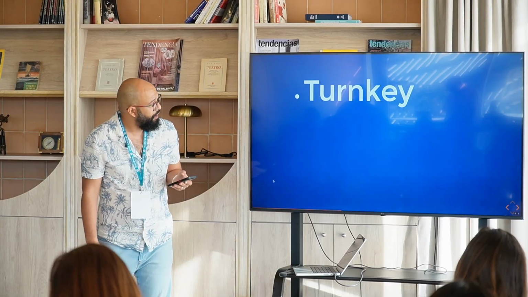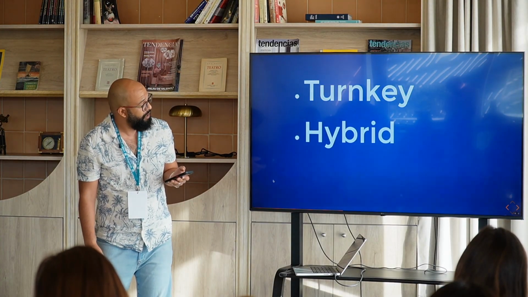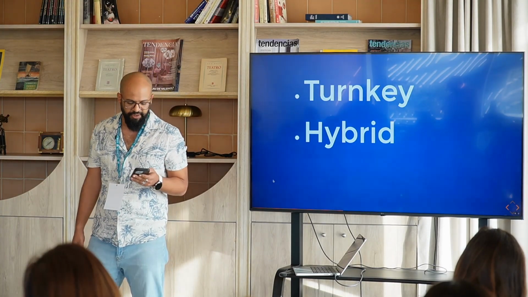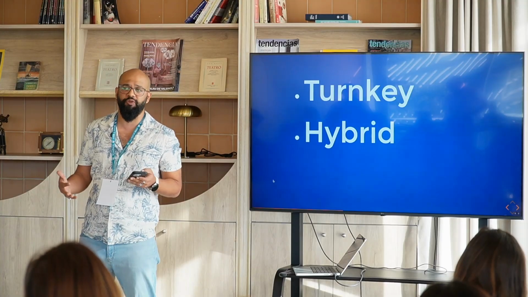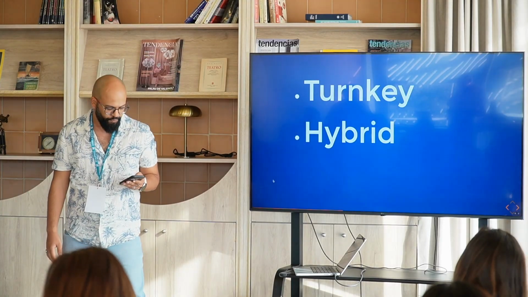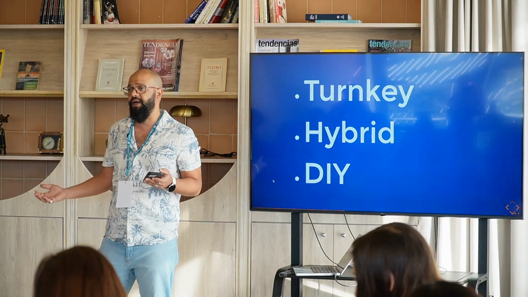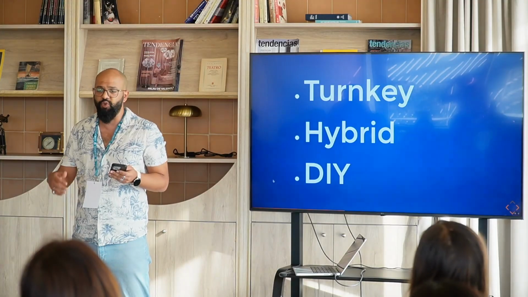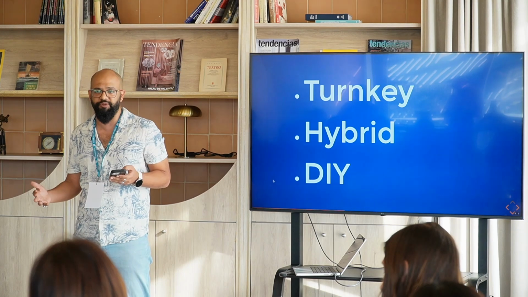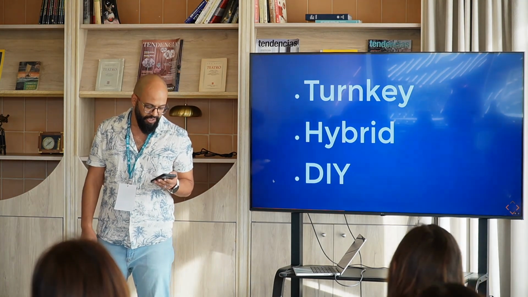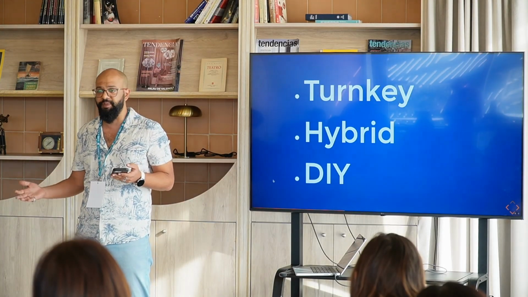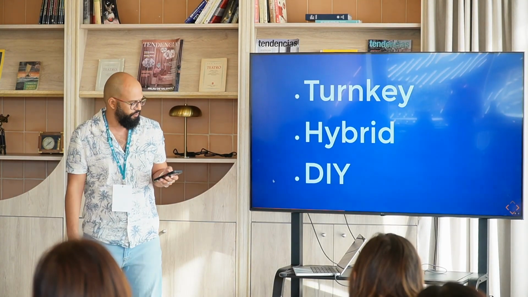Next are hybrid solutions, plugins that come out of the box with some features that you can leverage, and then you can build on top of them to even add more inclusive and accessibility features. The third one is DIY, libraries and plugins that don't come with tangible features, but provide the foundation to build on top of them and use AI to build your own features. Use these when you need full control over your features and you know what you want to build and want a quick boilerplate to get started.